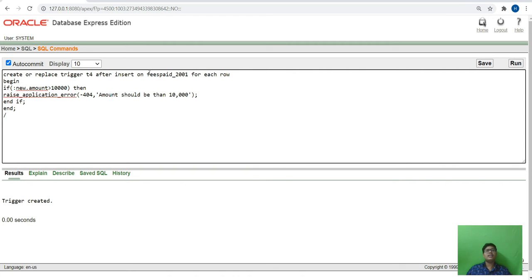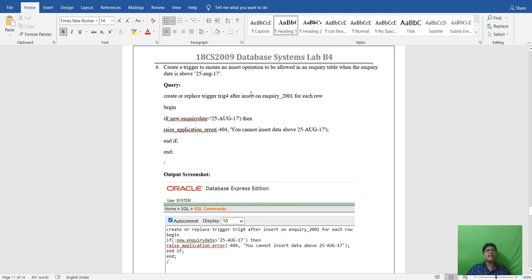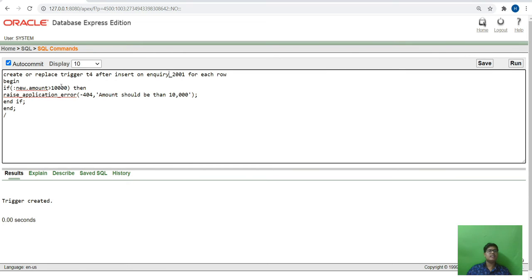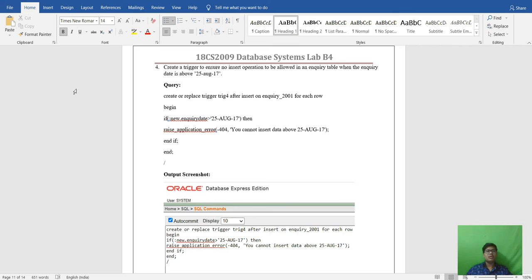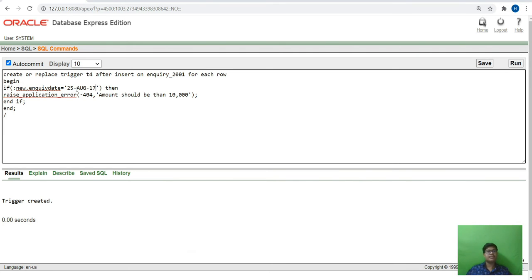After insert, we will give enquiry table for each row, and here the enquiry date will come. That will be equal to 25 August 17.